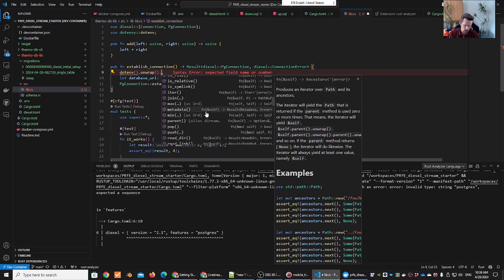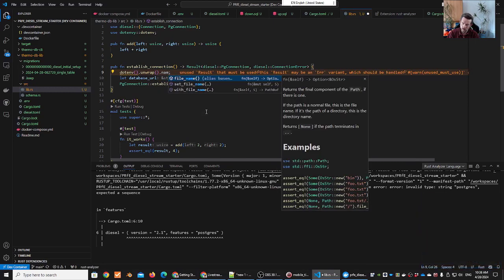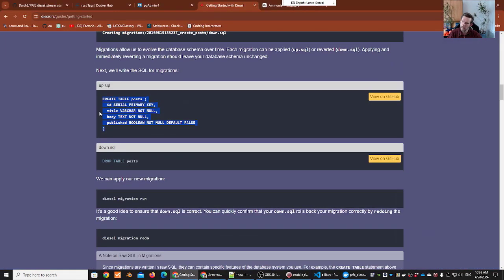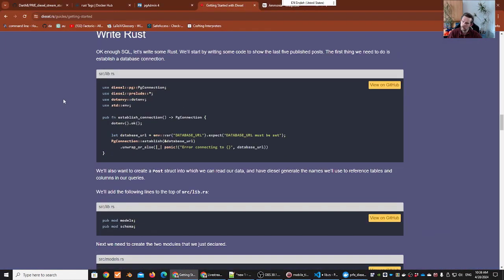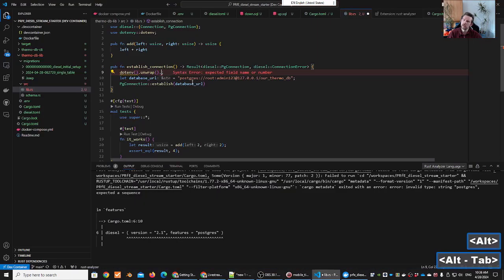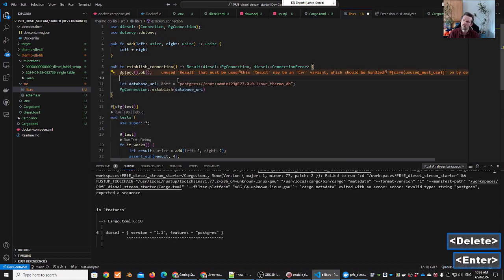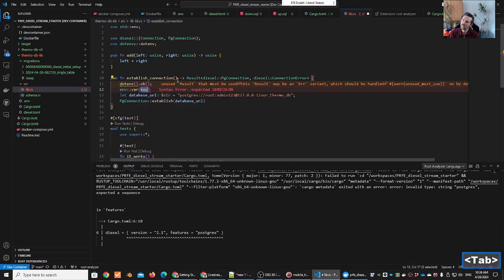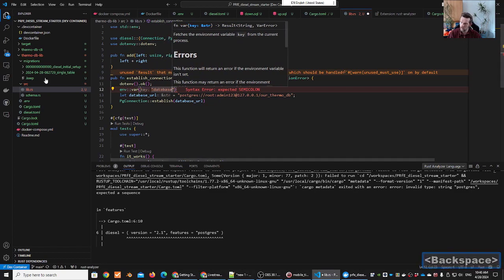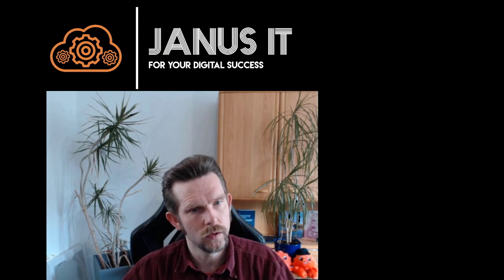Was it var or something? File name, set with file name. Okay, I have to check. dotenv, okay. env::var, I see. And the key is DATABASE_URL. Okay, probably